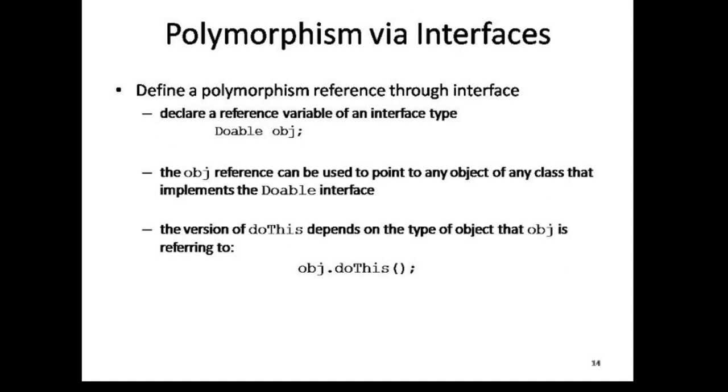Now polymorphism via interfaces. First of all, I'd like to revise a few concepts regarding what polymorphism is. Polymorphism means existence in many forms. Like there can be a room which can act as a classroom, or it can act as an examination hall, or it can act as a storeroom if need be. So the room is the same, but its functions differ according to our choice or requirement.